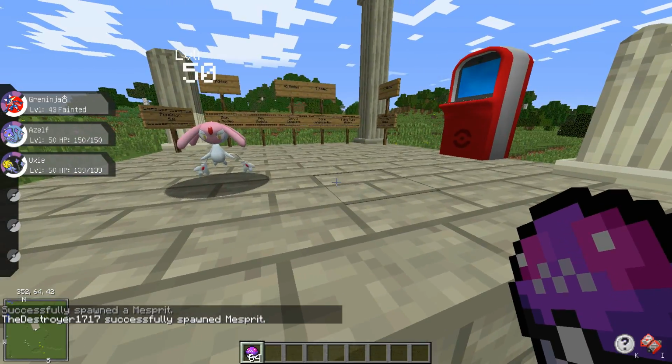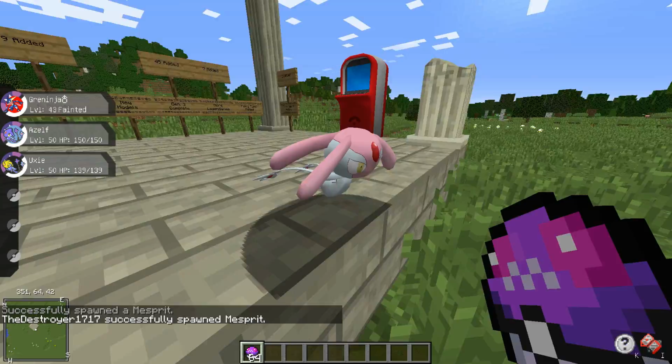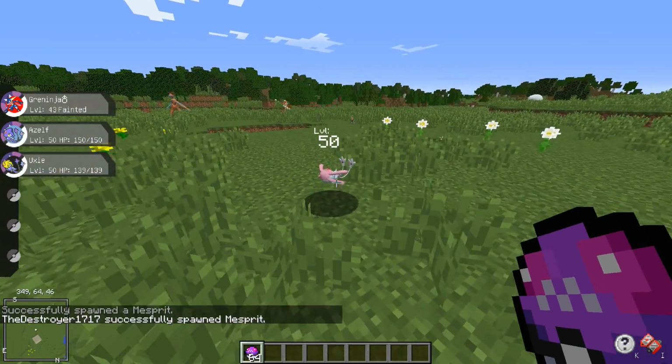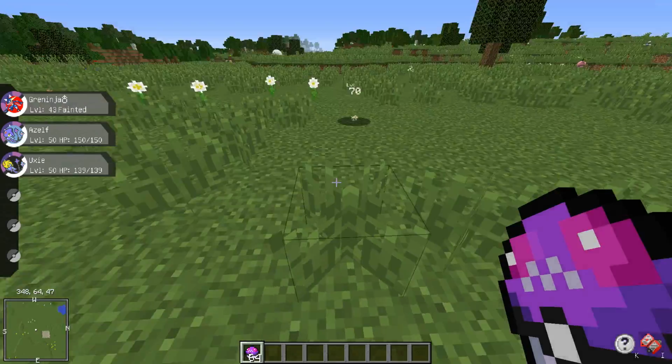And there's my favorite one, the elusive one that always gets away from you in Pokemon Diamond, Pearl, and Platinum, Mesprit, and he's already getting away now. What would be cool, I think they should...